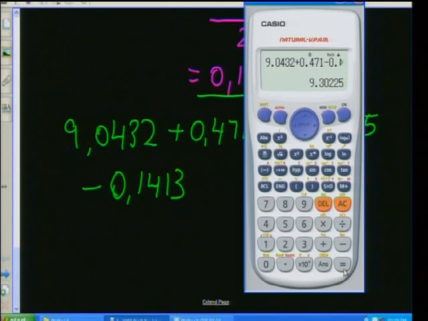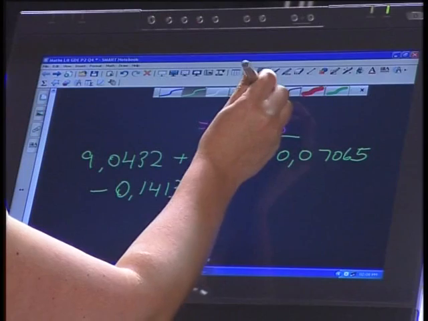And I get an answer of 9,3. At this stage, I can round off my answer. So my answer is